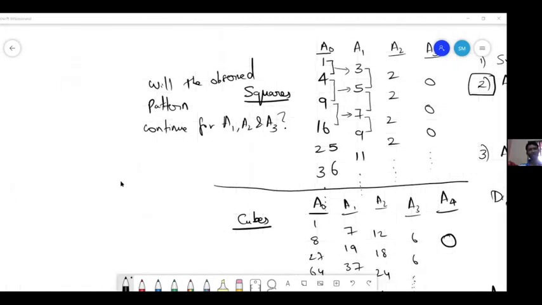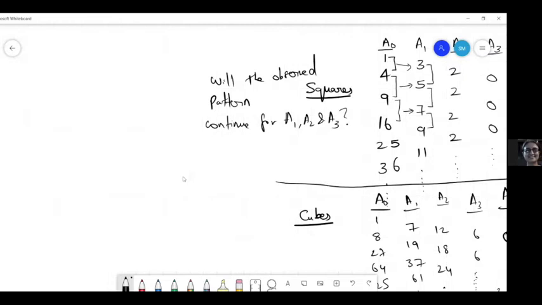Right. What I am trying to say is that this particular one is x square. If x is the number, then x square, 1 square, 2 square, n square. For the other one, it could be n square plus 3, or n square plus 3x plus 4, or n square plus 6x plus 5. In that case, though it is still a quadratic sequence, the difference could be something else, is what I'm saying. Got it.